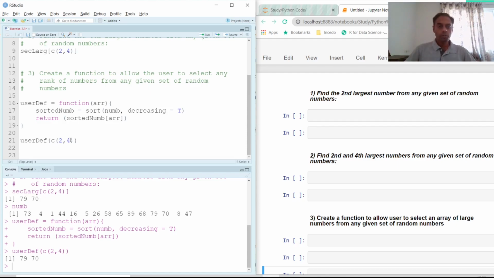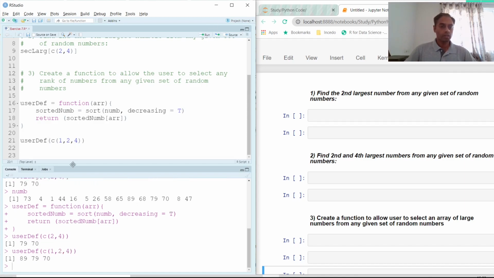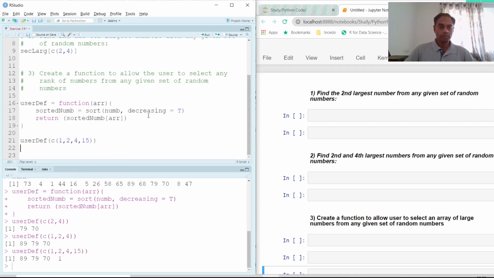But the good thing about this particular function is, this is flexible. I can even add, say, if I want to know the largest number as well, the largest number, the second largest number, and the fourth largest number. And now if I execute this, it would give me the largest number. Where is that list? So this is the largest number, the second largest number, and the fourth largest number. Now if I also put, say, 15th largest number, which means the smallest number, so I think the number 1 should be displayed here. So if I execute this, 15th largest number, which is nothing but the smallest number.